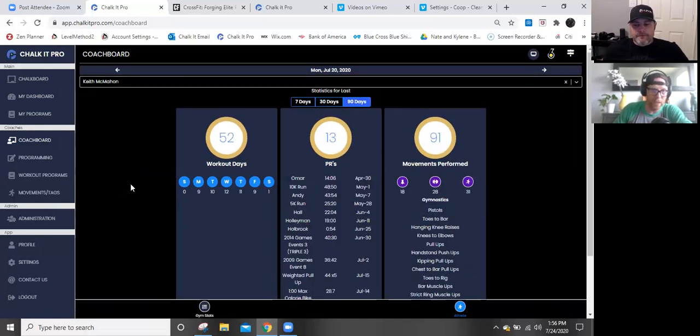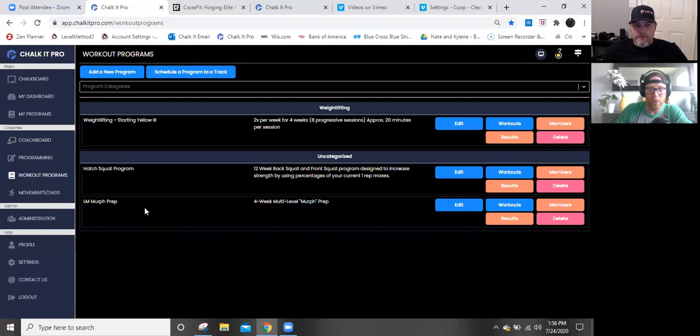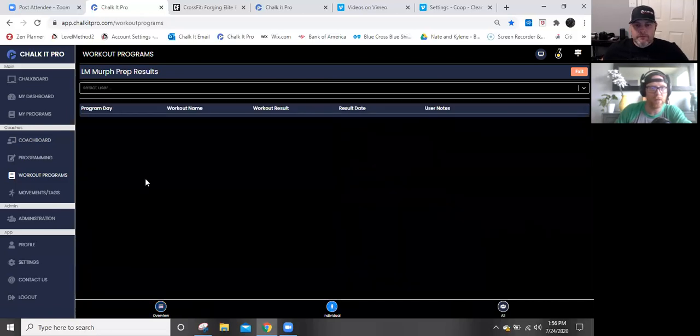When we were talking about individual athletes and looking up, if I go back to that workout programs for a second, and I go to that prep program, let's say, I can actually see their results. I can pull up a snapshot and see the results of each individualized program. So I can see, okay, these are the people that logged or what last day they logged, but I can then do a search by individual. So if I go in and do a search for